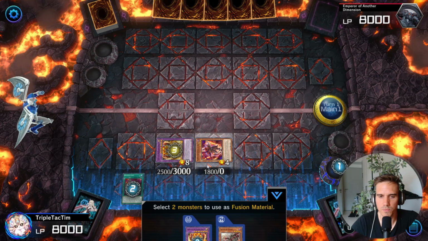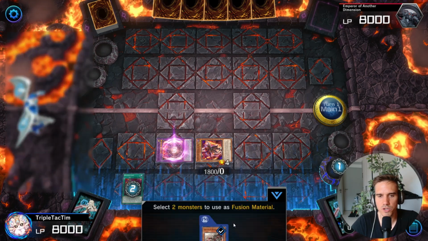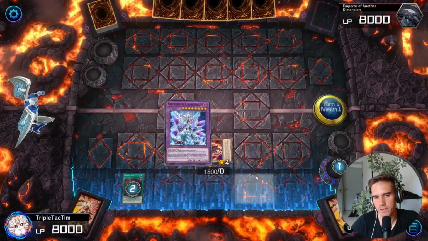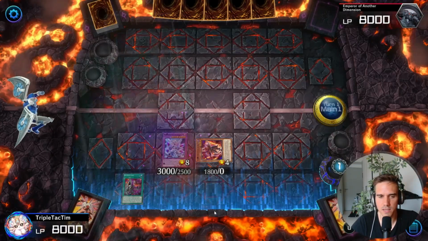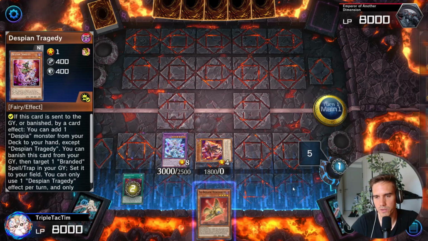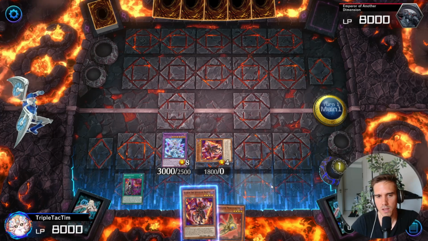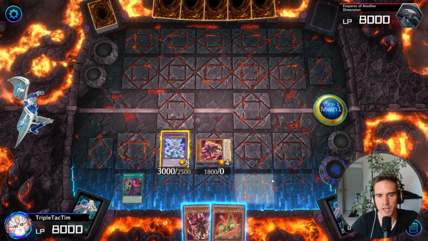Doesn't really matter what we do here. We can just make a Mirror Jade just for funsies here, right? Go and make a Mirror Jade, and then our next chaining comes. We can add a card, we can add the Mercuria, and then we can also add from the Despian Tragedy, let's add another Aluba. So, and this is the basic idea of chain blocking,